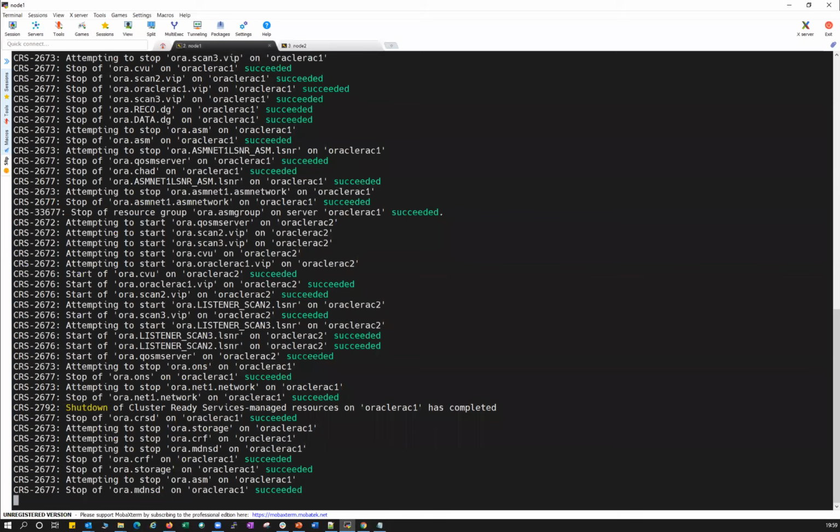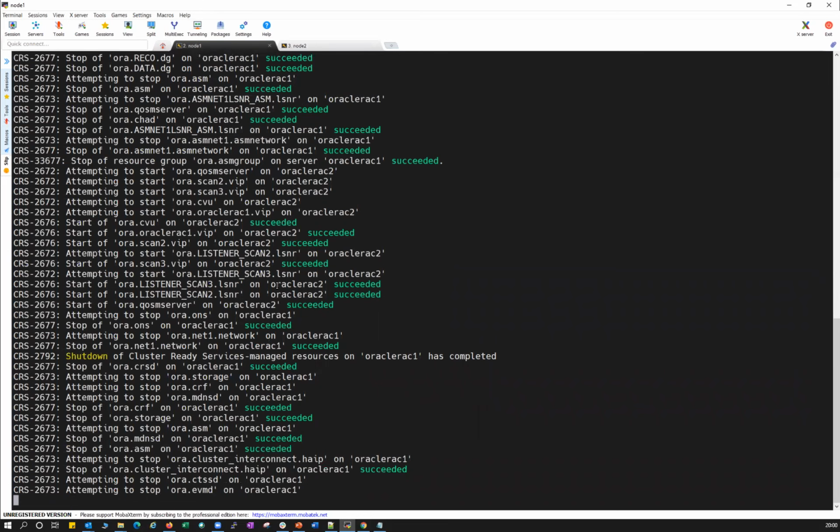Why I am doing this stop command first is to make sure there is no issue at all with my cluster. Always try to stop your cluster manually first, and then run the pre-patch command. Without stopping, if you run the pre-patch command, you don't know at what point it will fail. Sometimes it will not be able to fail over my services, sometimes it will not be able to fail over my VIPs. So just to figure it out, I'm stopping it manually.